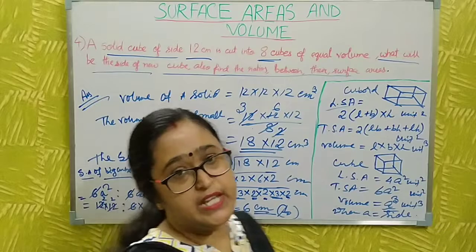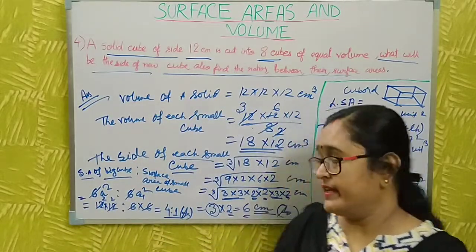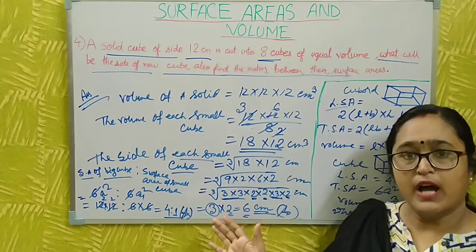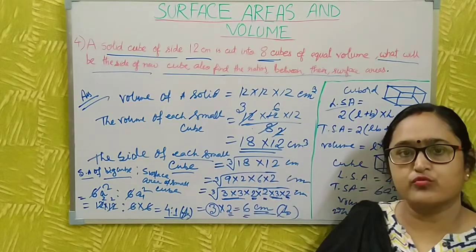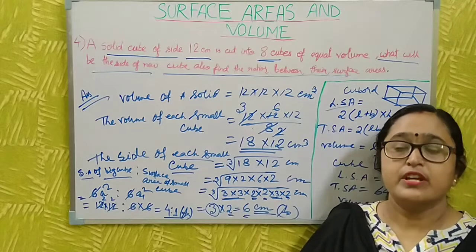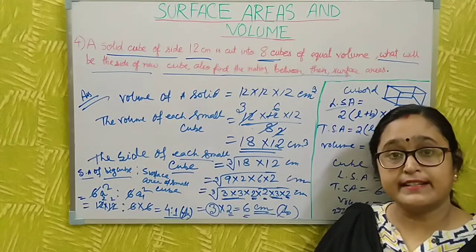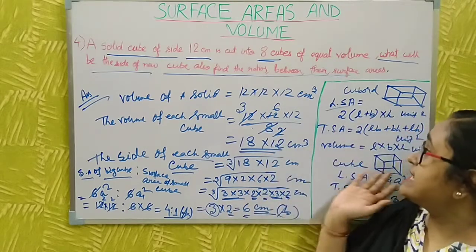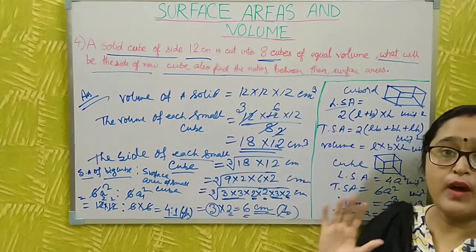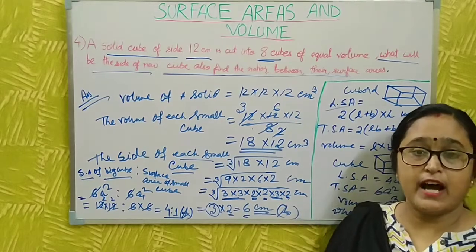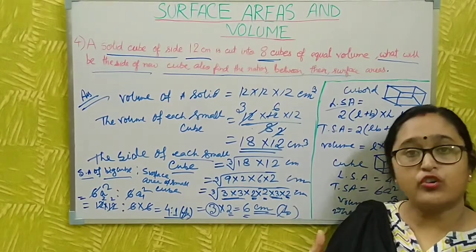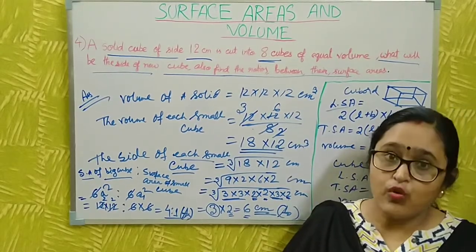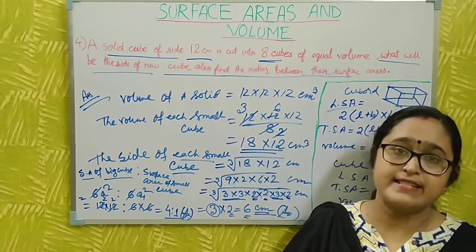That's all for today. But you remember one thing: when you go to the next portion of the video, just pause the video and write all these things which I am writing. Now you collect all the sums from any book under these formulas: cube and cuboid, surface area and volume. You collect all sums and practice at home. This is for you also. I just discussed 9th standard.